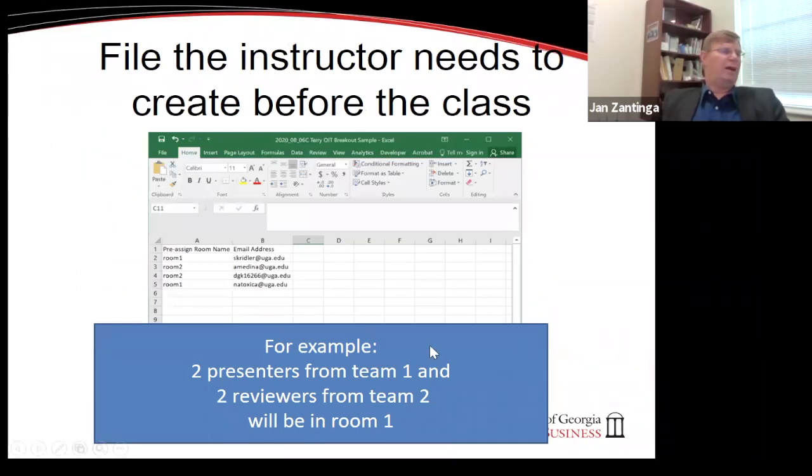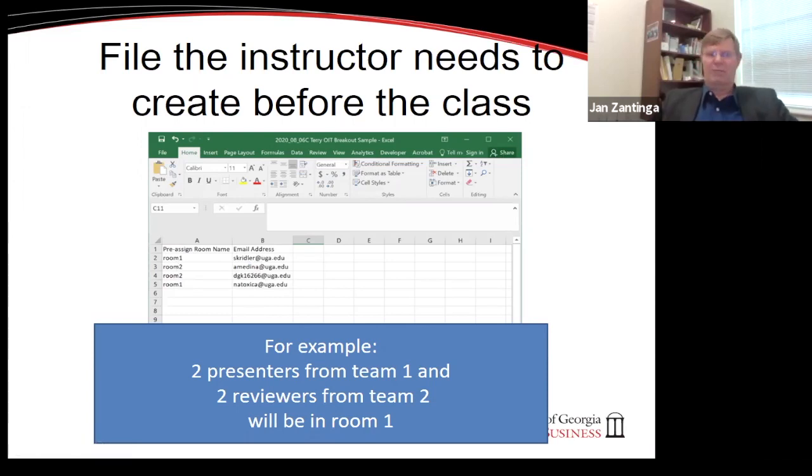So this is what a flat file would look like. This is a sample where you say in room 1, I'm going to put this person. In room 2, I'm going to put this person. Also in room 2, I'm going to put this person. And this way, I am going to set this up on a spreadsheet somewhere for every single person in my room. So it's basically copy and pasting it from different spreadsheets. And for instance, in this particular case, I'm going to have these 2 people in room 2 and these 2 people in room 1. These may be the presenters for room 1 and the presenters for room 2.